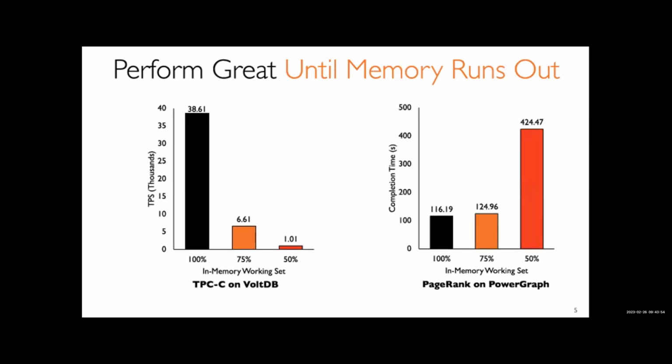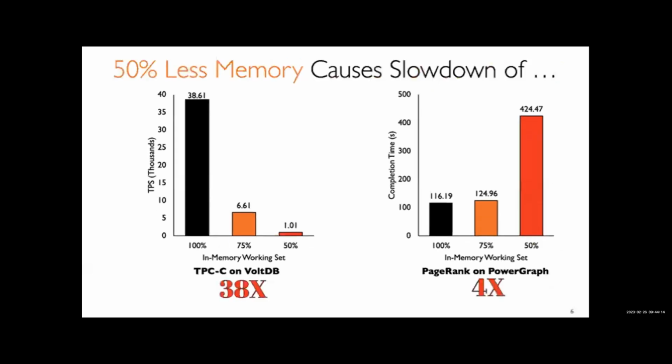Same thing happens for latency sensitive applications like PowerGraph. We run the PageRank algorithm over the Twitter dataset on PowerGraph and measure the end-to-end completion time. Here, lower completion time means better performance. Similar to VoltDB, PowerGraph loses almost 75% of its performance at half of its peak memory demand. So this is obvious. You lose your memory and this will cause a performance drop. But this performance loss is highly disproportional to the memory loss. As you can see, half of the memory loss causes almost 38 times performance loss for VoltDB and 4 times